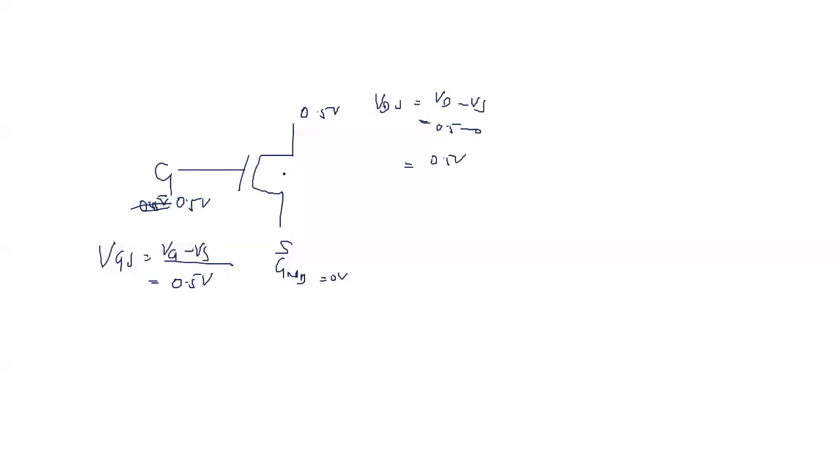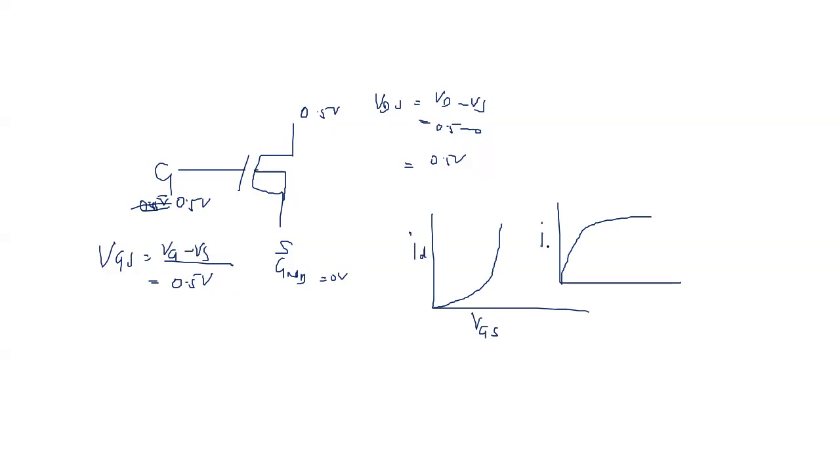When I see the characteristics of MOSFET, there are two types of characteristics: input characteristics and output characteristics. In these characteristics, you have the VGS and the drain current, and the drain current and the VDS. Please remember, your VGS is equal to VG and VDS is equal to VD because your source is